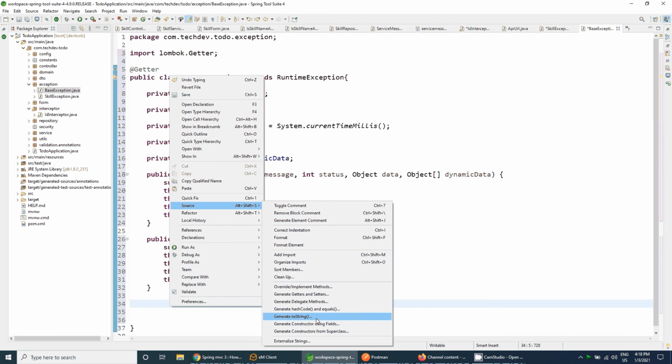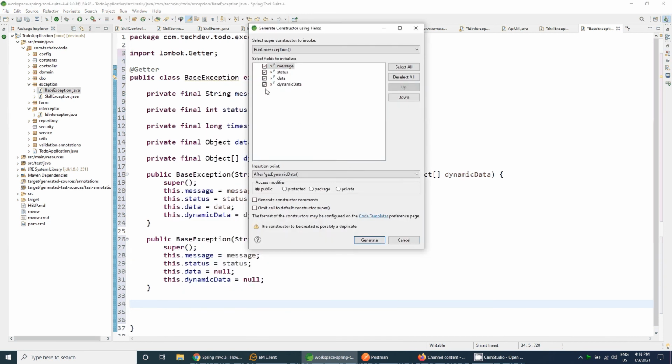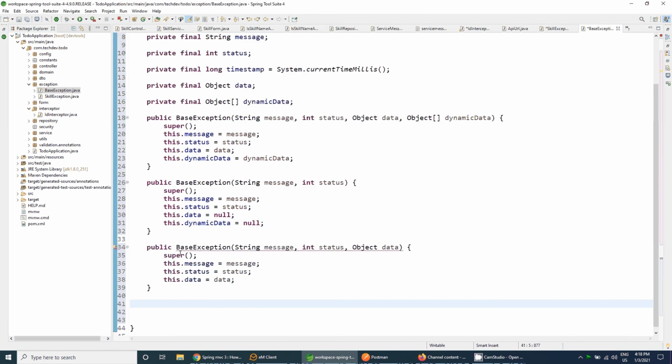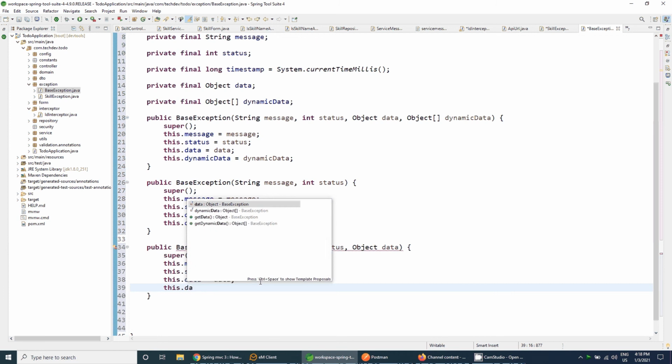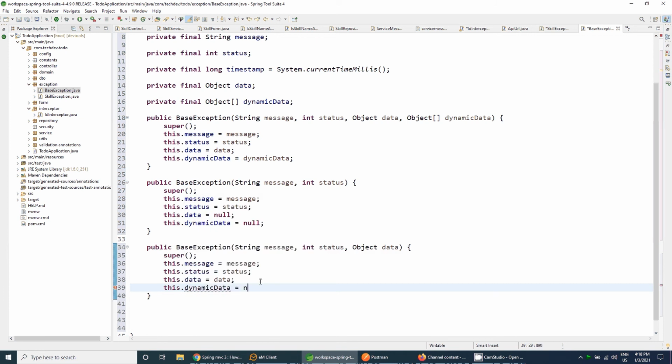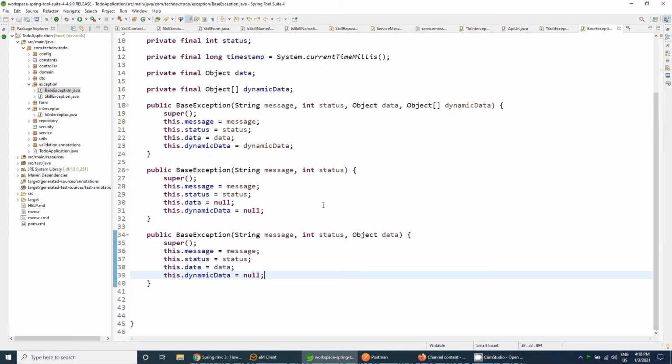And go to the source again, with message, status and data. In this, this.dynamicData will be null. I think these constructors will help, and if further required, we will create more.